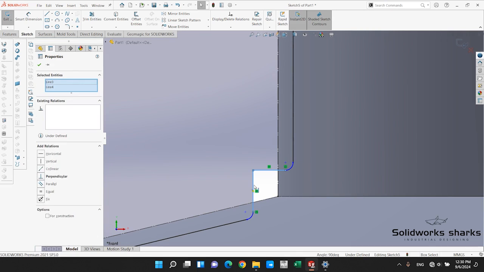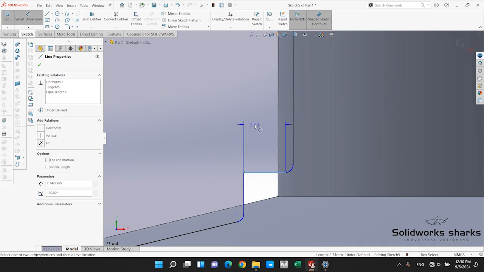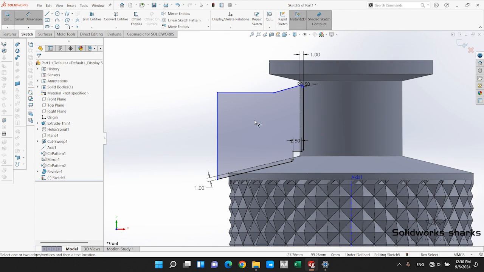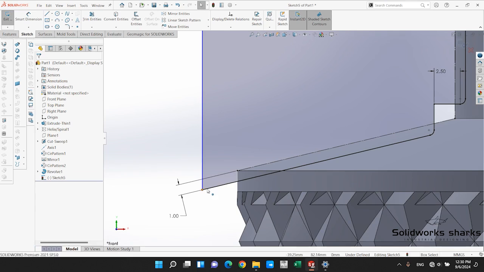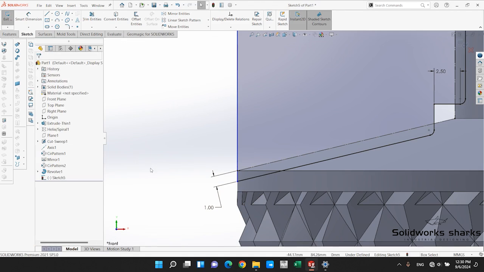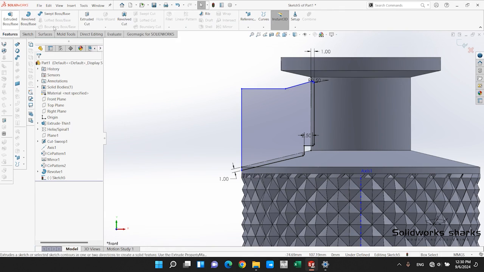Okay, let's choose them to be equal, and also a 2.5 would do it. Okay, and now it's ready. Yeah, I think it's totally ready. But first let's choose this. Yeah, so we're gonna go to features and click on extruded cut,